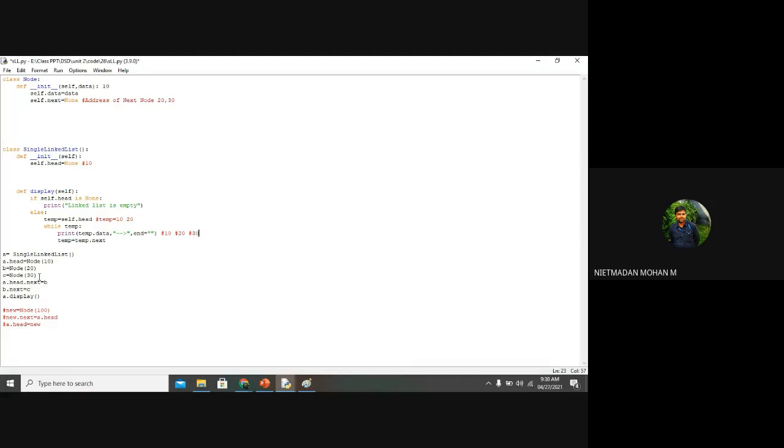If suppose you are giving that d is equal to node of 40, then here what we want to do is c dot next is equal to d. B we have already created.